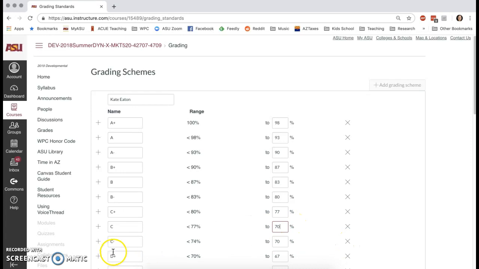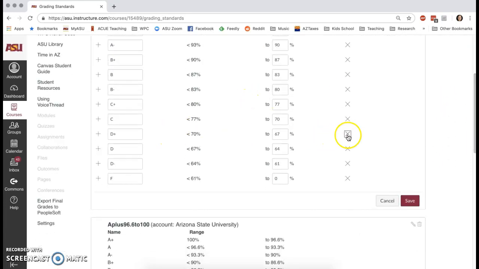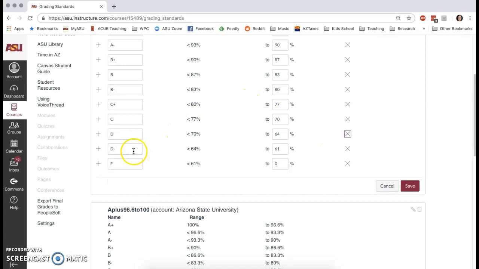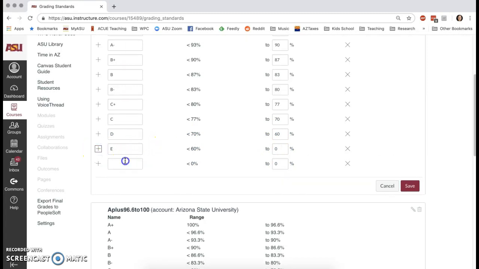And then this C- row, I'm just going to delete it by hitting the X here. I also don't do D+, so I'll get rid of that one. And I don't do D-, so I'll also get rid of that one. So anything greater than a 60 will get a D, and anything less than a 60 will be an E. Another thing I like to include in my grading schema is I'll add another row and have one for